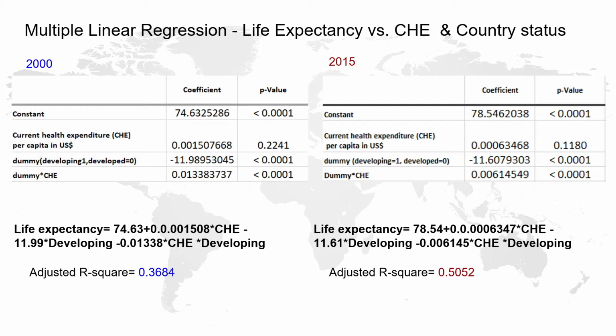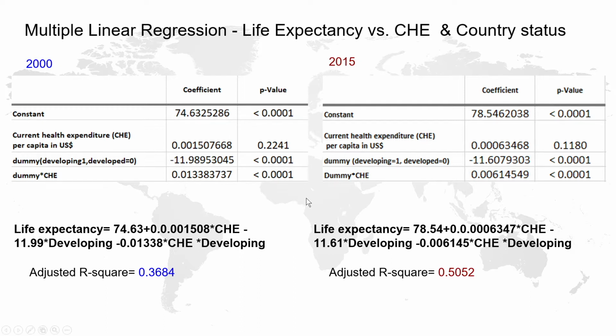As we can see, the interaction variable is a better predictor of life expectancy as compared to the current health expenditure on its own, because the interaction variable which we created between the dummy and current health expenditure has a much lower p-value as compared to current health expenditure, which is